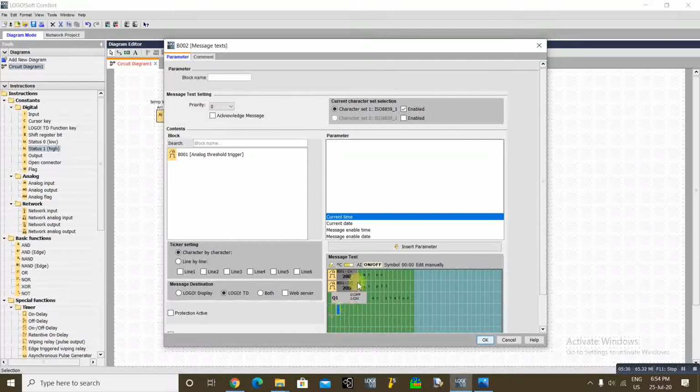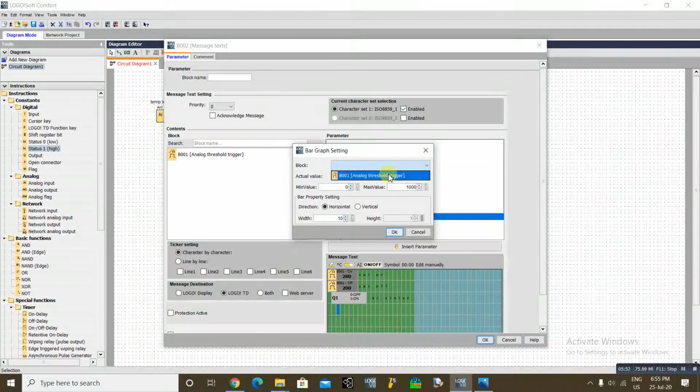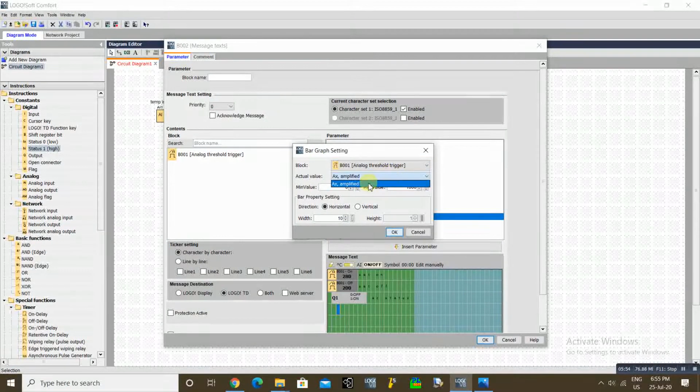We go to insert a bar graph into the message. Our maximum temperature scale is 0 to 100, so we will make 10 steps. Block: analog threshold trigger, amplified.